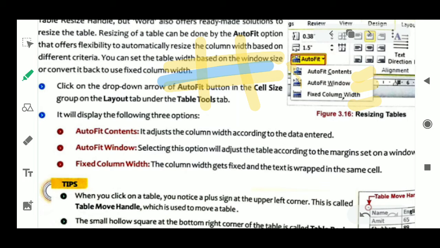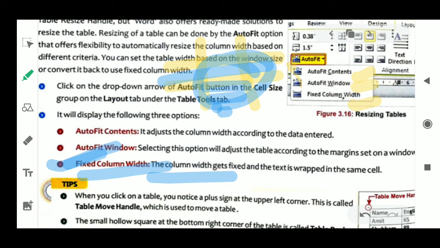Then what will happen? According to this fixed column width, that particular text will be wrapped. The column size will not change, the width of the column will not change, only the text will be wrapped inside that cell. So this is fixed column width. The column width gets fixed and the text is wrapped in the same cell.